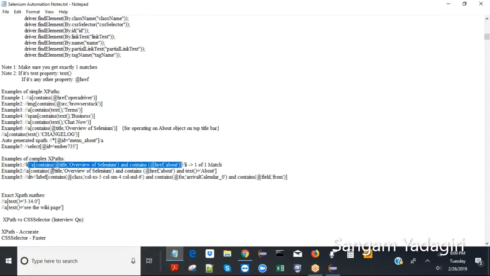So and has to be used for both contains. You have to repeat contains, property name, property value, and then repeat contains again. Some people make a mistake like contains @title overview of Selenium and href about. That's not right. You have to repeat contains, because contains means something